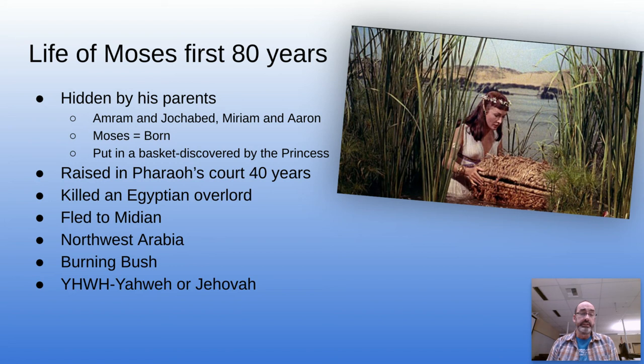He flees north and east toward Saudi Arabia, current day Saudi Arabia, toward Canaan, and he comes into the land of the Midianites. Now, in the land of the Midianites, he runs into a man named Jethro, and Jethro has these daughters, and he works for Jethro, raising the flock. Okay, he is a shepherd for Jethro, and he actually marries one of Jethro's daughters, so he has his wife. Now he works out there for 40 years. Okay, he's just a shepherd for 40 years, but in that time frame,